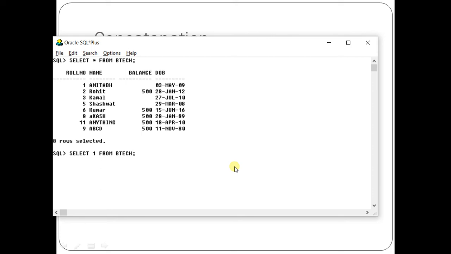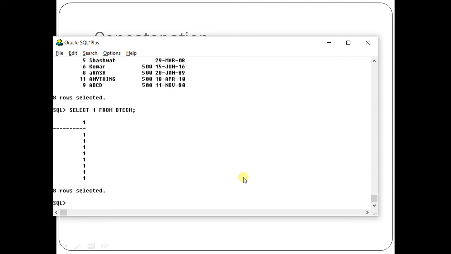Any guesses? Will it display column number 1, or will it display the first row, or what? Let us check the example, and for your surprise, the answer is this. It is because 1 is a numeric literal. Numeric literal means you want to display a simple normal 1 value.